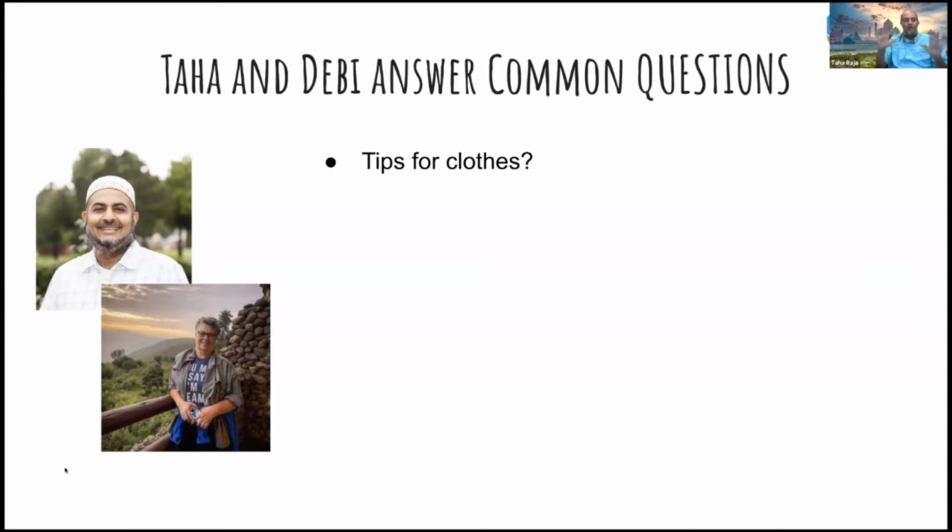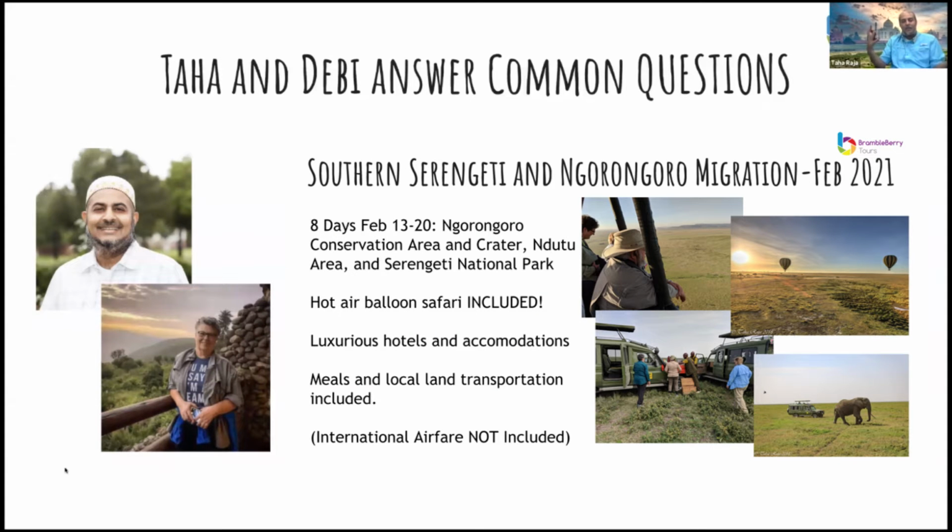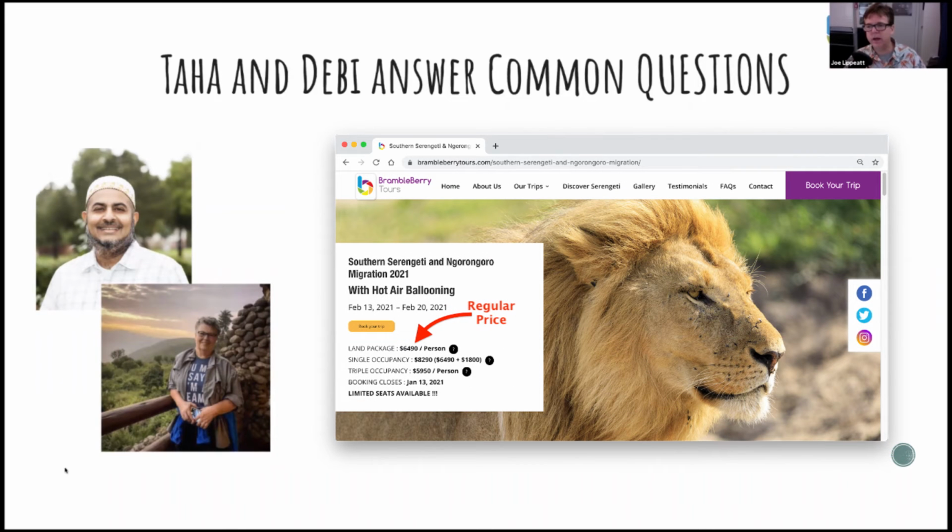And do not wear jeans. Unless you have to, do not wear jeans. It's just hot and it's heavy. Try to wear the artificial fabric ones. That's what we recommend. So for those of us that wear 100% cotton for reasons, we can still wear the 100%